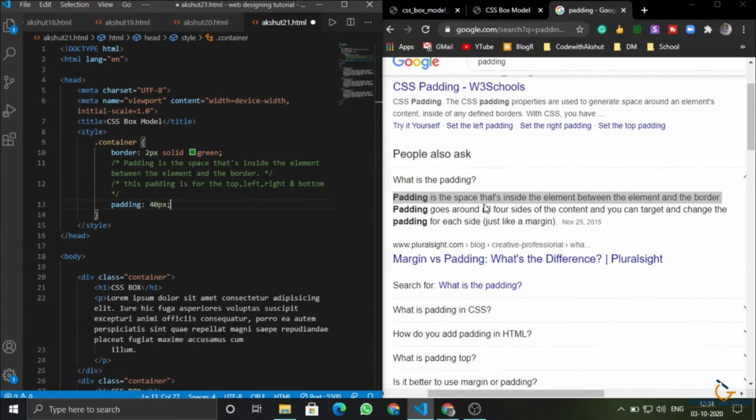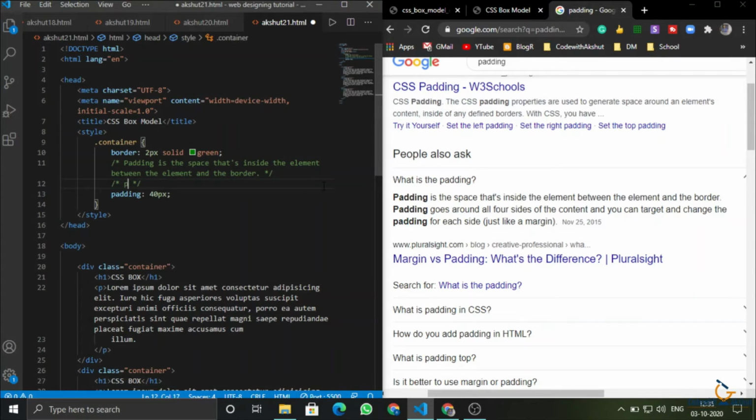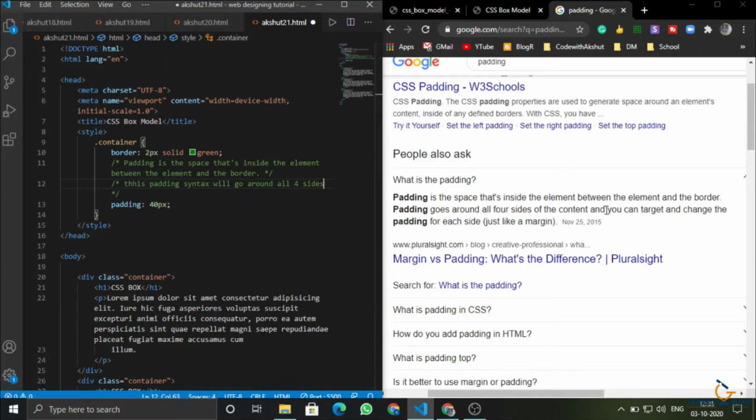Padding goes around all 4 sides, and we can write that this padding syntax will go around all 4 sides. We can also target and change each side of the padding. I will tell you this next.